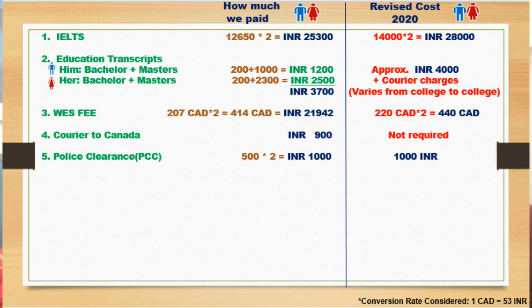So guys, let's move further. Once you receive your ITA, you get a time of 2 months to prepare your documents. So the first most important document is the PCC, also called the Police Clearance Certificate. It is easy, you simply log into the Passport Seva Kendra website and book your appointment for PCC. It costs around 500 rupees per person and it's easy to get the PCC certificate from them.